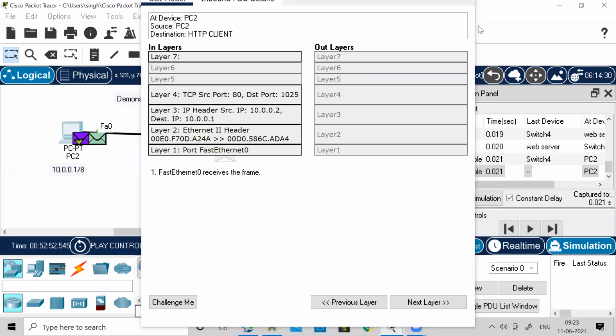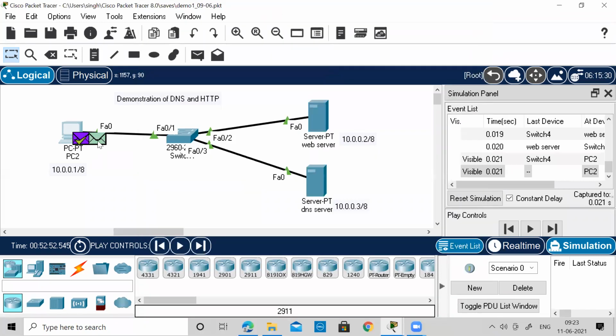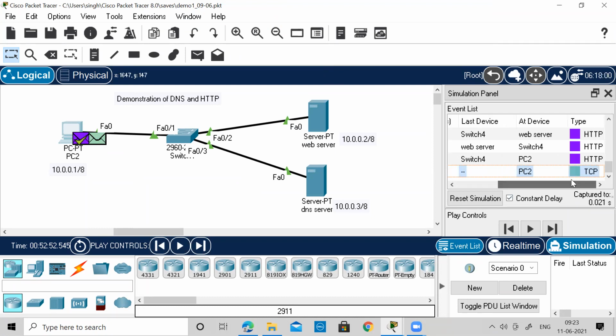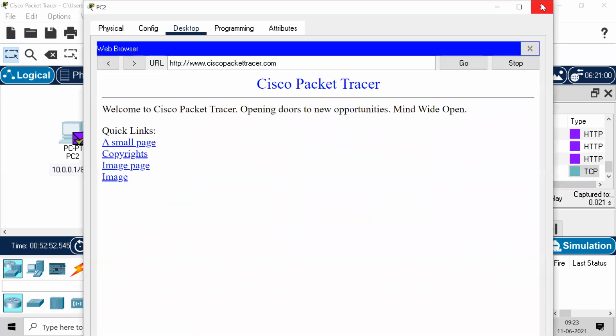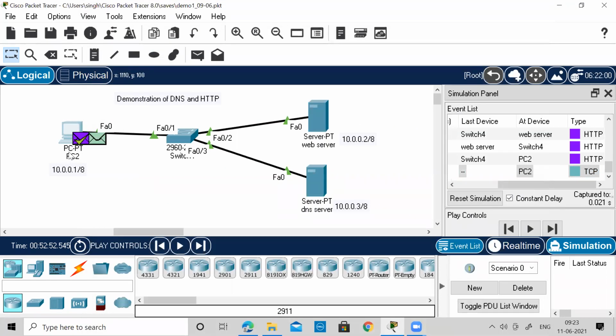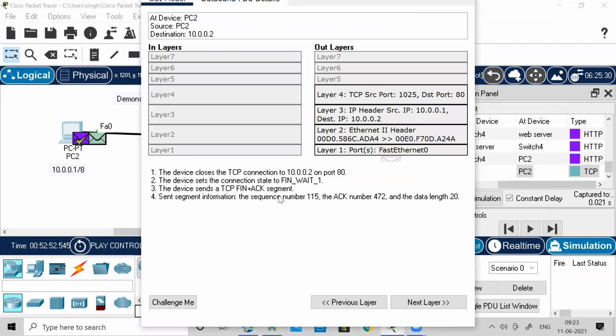And finally, one green packet which you see again, now the reply has come. Okay, the reply has come. And again, what you see, there is this green color TCP packet. Okay, this is the last handshake which it does to close the connection. Once the data has been received, means I have got my web browser web page, this is the final thing which it is sending, that I want to close the connection now. If I just open this, it is like I want to finish the communication.